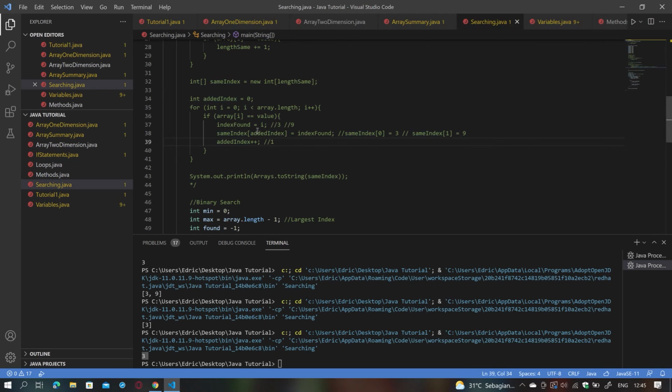The reason why we need to do this is because we can't really use i here, because i will have values 3 and 9. The only way we can do this safely is by having a variable that cannot be affected in any way other than by adding itself. As you can see here, the index value is 3 and 9. Then same index, added index equals index found, will be same index, which is originally 0 and non-affected by anything else other than itself here,